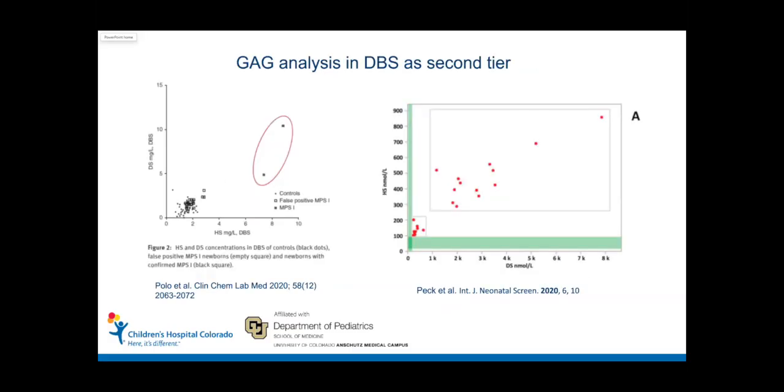So once we started doing newborn screening for MPS, and we started realizing there were going to be these pseudodeficiency alleles that drove enzyme activity and gave us false positives, we needed to come up with some way to identify, or try to identify, whether the patient would have the condition or not. And so at the time, if you think about your diagnostic algorithm, what we were doing is